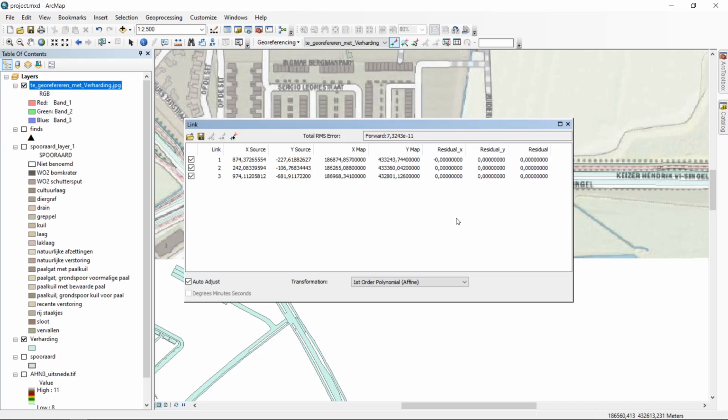And of course this is only happening after adding the third control point, because then there may indeed be contradicting information being fed into the georeferencing process through adding new points. So this mismatch between these points can be actual useful information, because it may be that the raster you're going to georeference